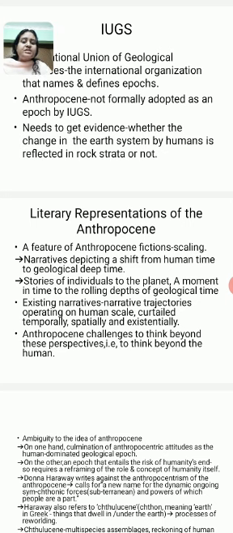Now regarding the features of Anthropocene fictions. When we are discussing literary representations, definitely we come across various genres, and the first one being discussed is fiction. And of course, I don't think many poems come; mainly it is in the form of prose. So a feature of Anthropocene: